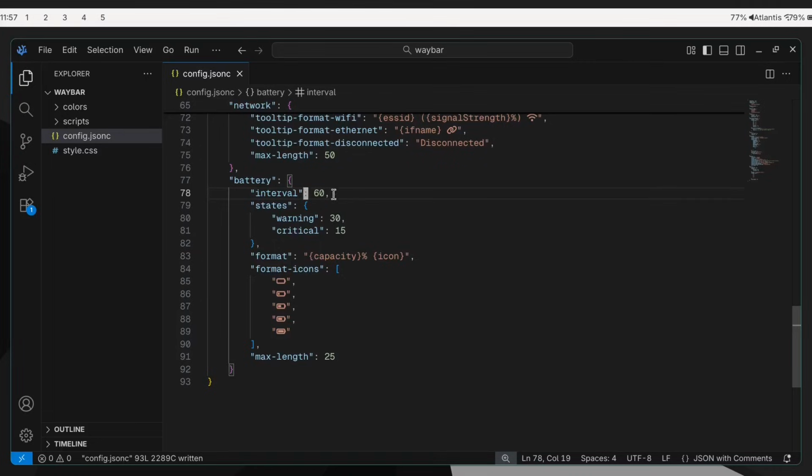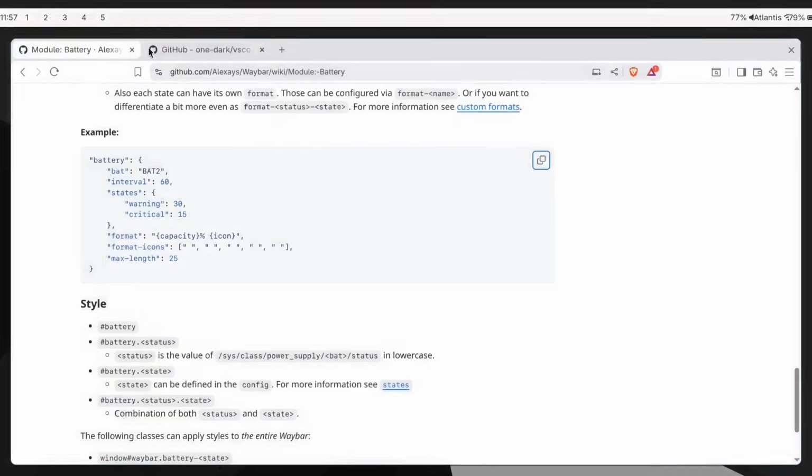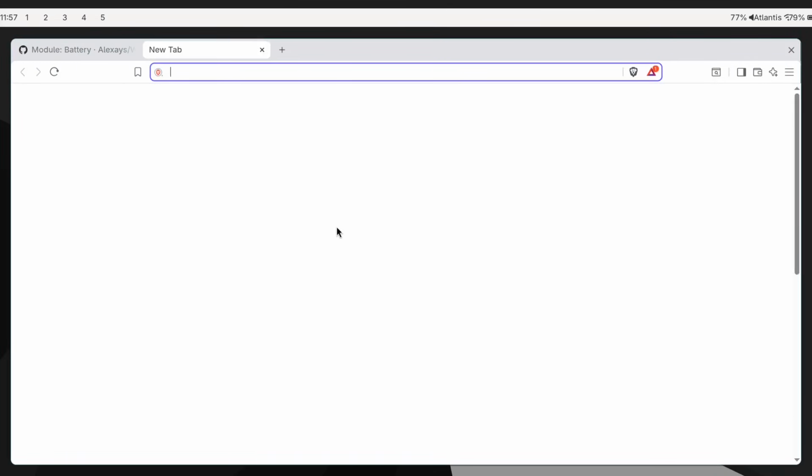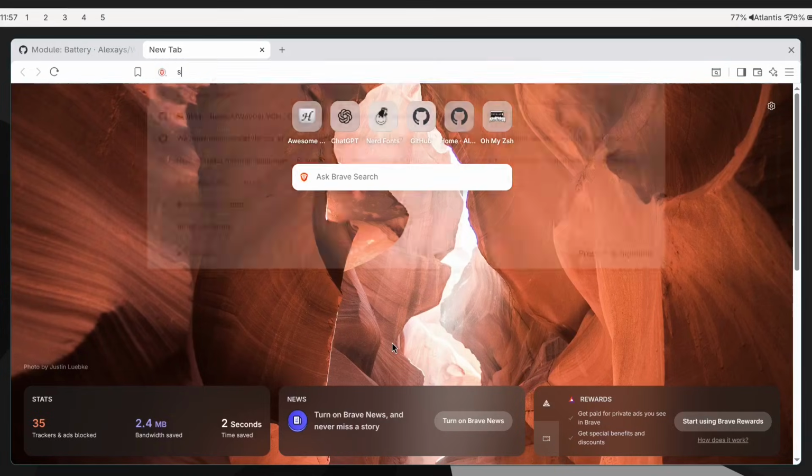You're going to have to check, but just let the interval be 60 and don't worry about it. Here, okay, everything else looks good. Perfect. Now we're going to have to go over to this place, which is going to be Sway NC, yes,